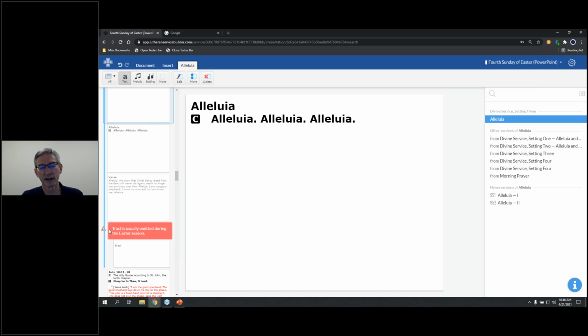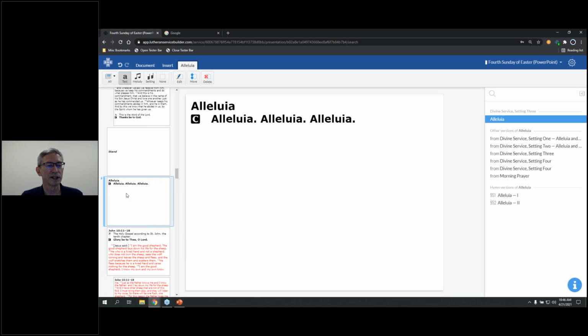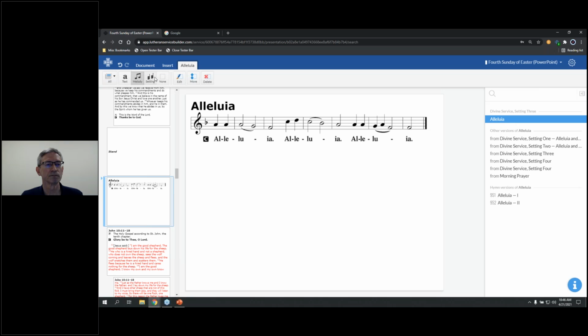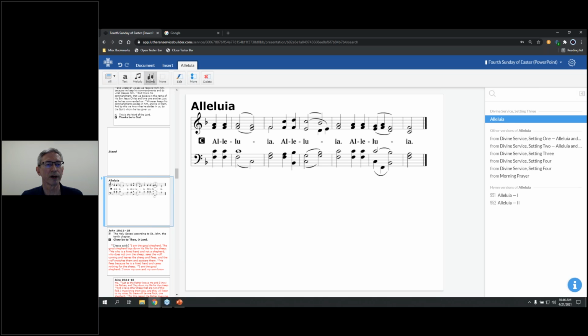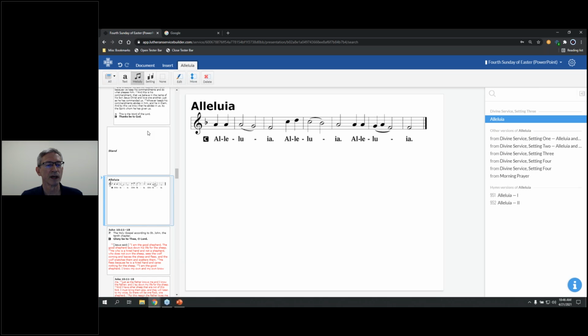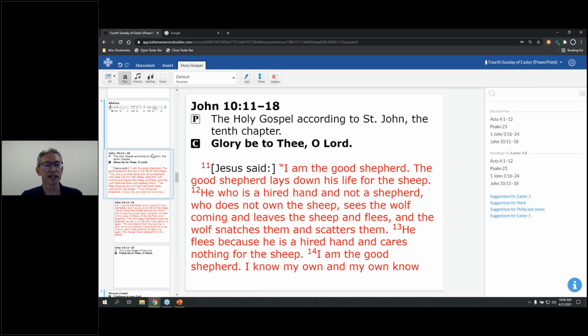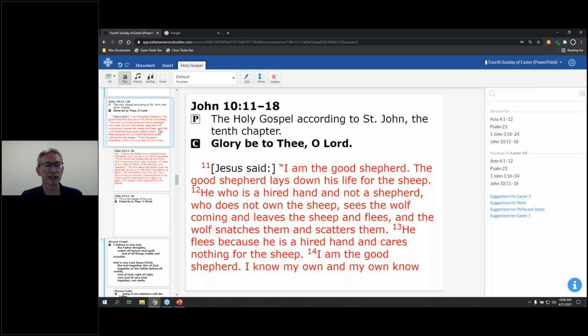So you will see little notifications in the slide reel as well, just alerting you that this is normally omitted if you took that option. We're going to go ahead with just the default Alleluia here. We do have the ability to add melody or the setting, four-part harmony in this case, since it's a liturgy element. And then we get here to the gospel,